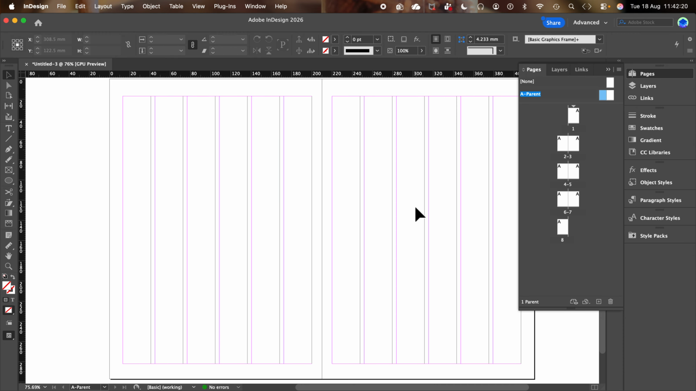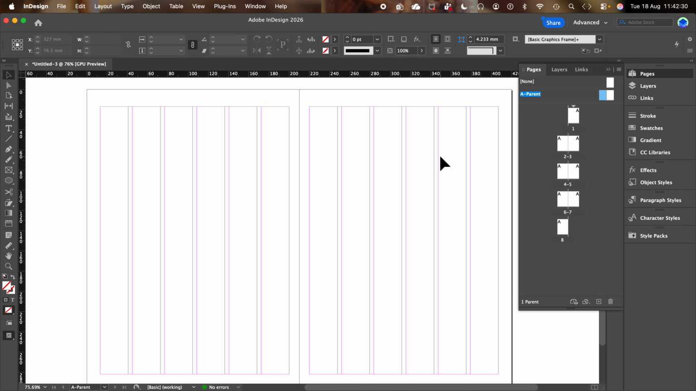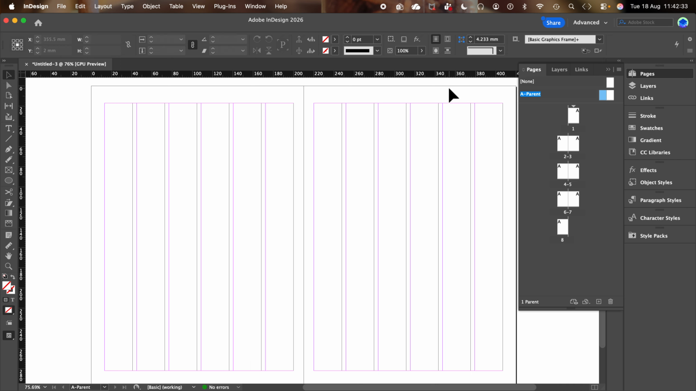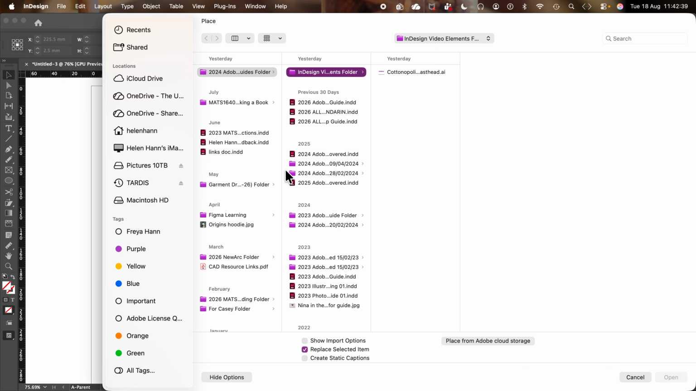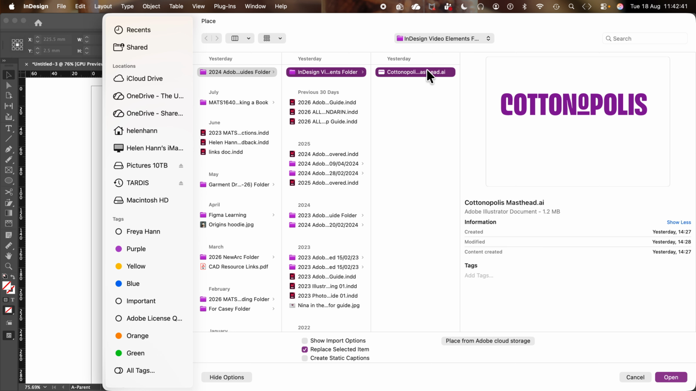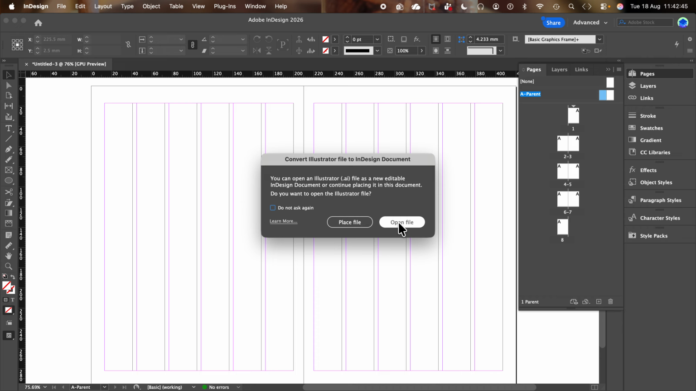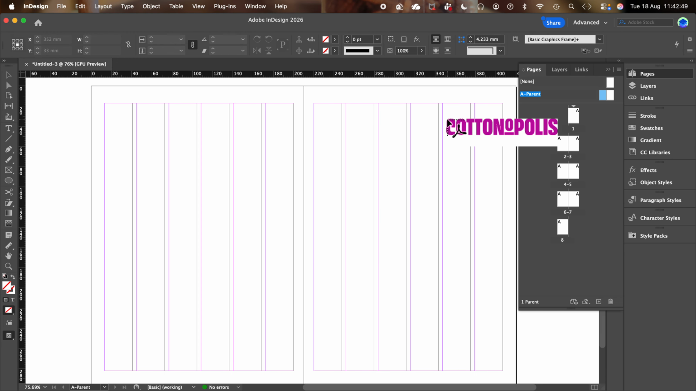So what we're going to do is we're going to put some things on this parent page. So I'm going to start off by putting like a little logo, maybe a little folio detail up in the margins. So I'm going to go to File and choose Place, and I'm going to use this little logo here. It says Cottonopolis, so I'm going to place this. Now this is a logo that I made myself,